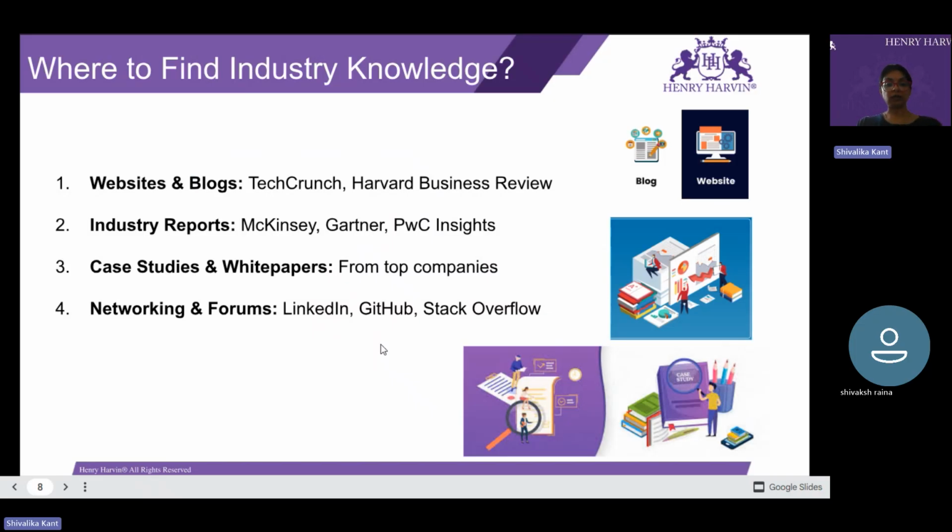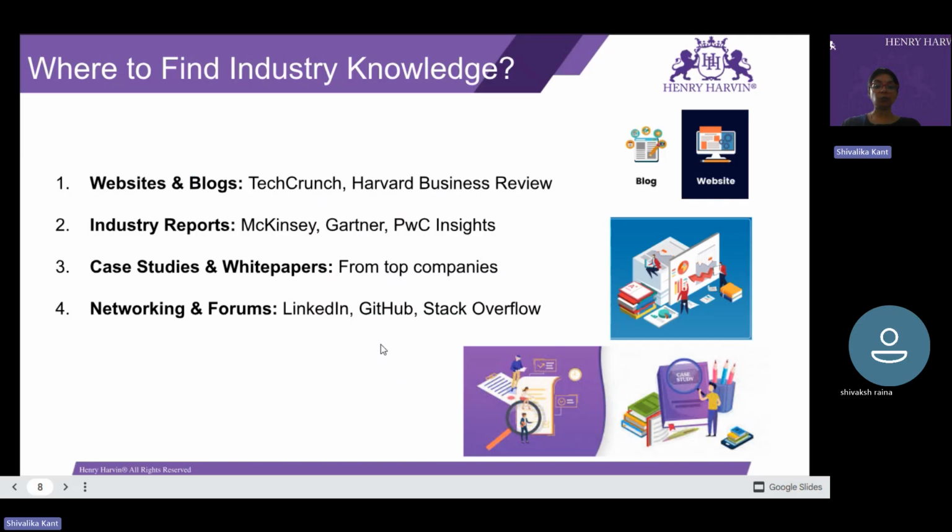You can go to their platforms and search. They use platforms like Statista, IBISWorld, and Mordor Intelligence. So these are different types of market research platforms that they usually use, and you can get information from these platforms also. Then you can take reports from World Bank,